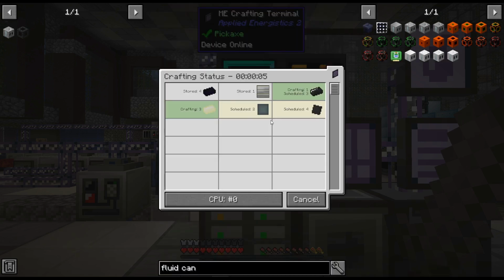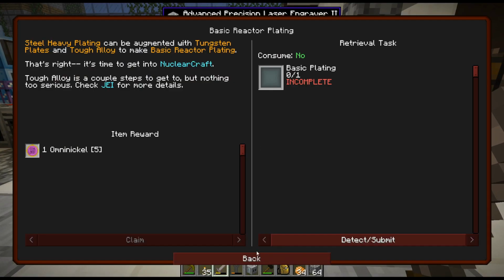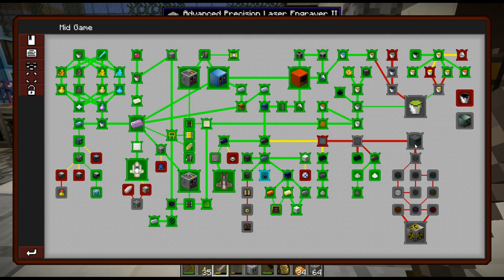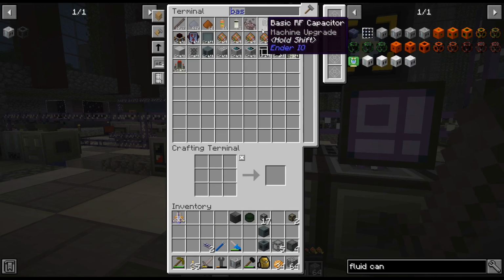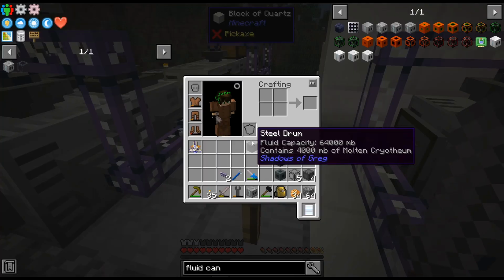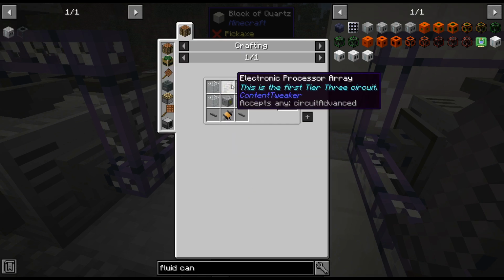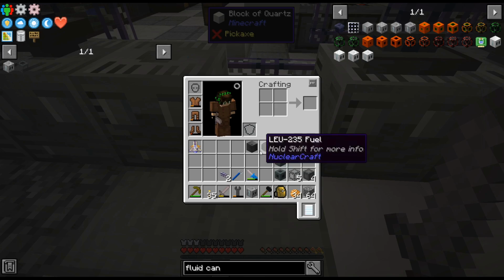All right, we are back. I wanted to do the quest, and I forgot to hold the platings, so I'm working on that. But I went ahead and crafted up a fluid canner. Really easy, just a pump and 1 circuit. I'm just going to throw it over here. I have an empty cable, so